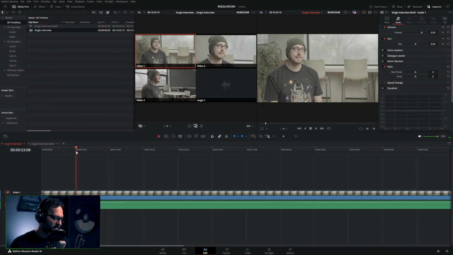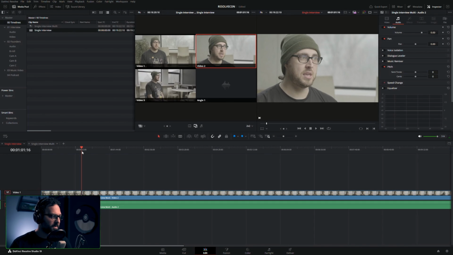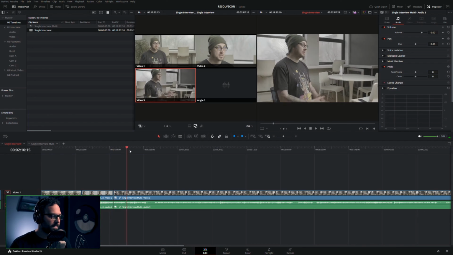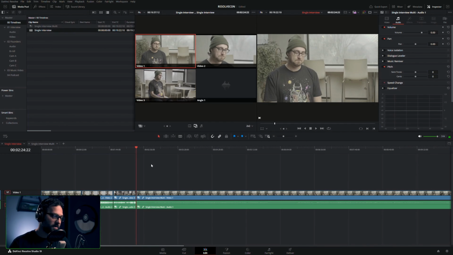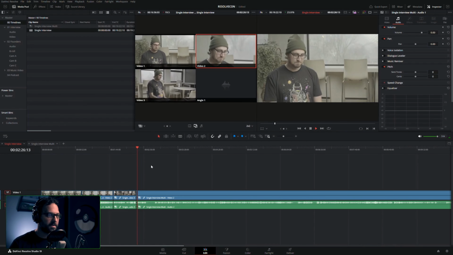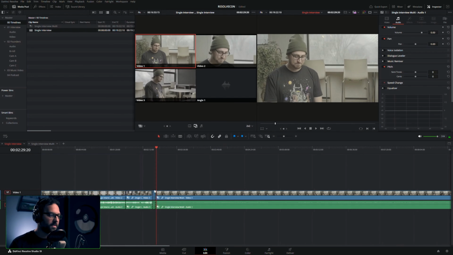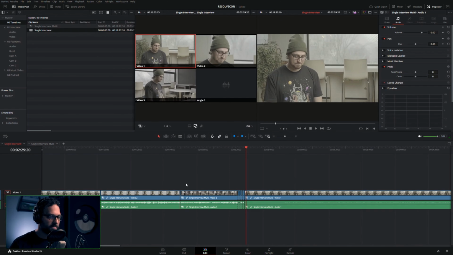If we start scrolling through this, we can just use our cut shortcuts at any point. So let's say I want to go to camera 2 here. Good, I made a cut there. Let's go here, made a cut here, go to camera 3, and I can just keep going. And I can do this live too. So if I wanted to just make cuts live, like a big conglomerate effort, I can do live cuts like that as well. Really simple. Now you'll notice that we also made cuts to the audio, and that might not be what you want